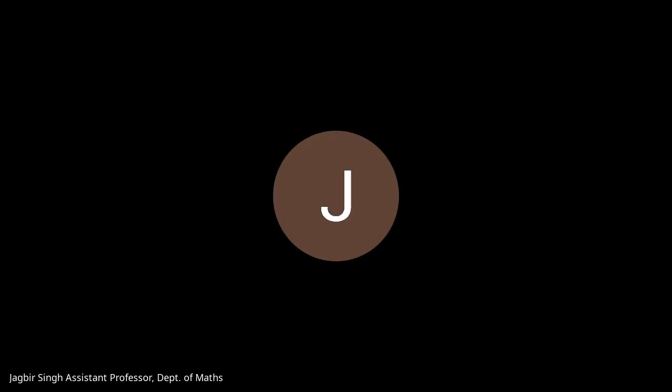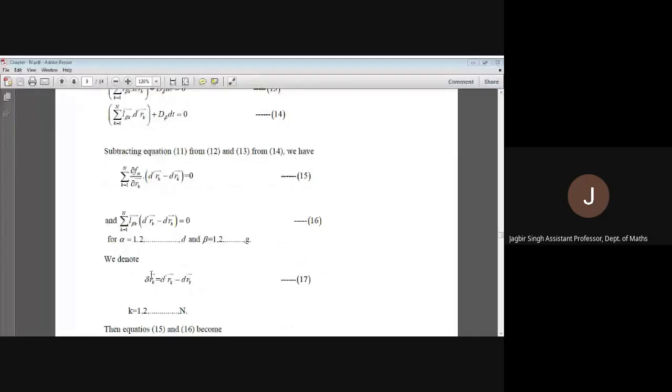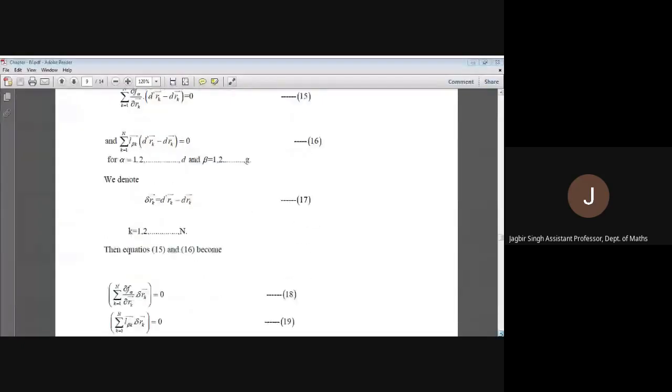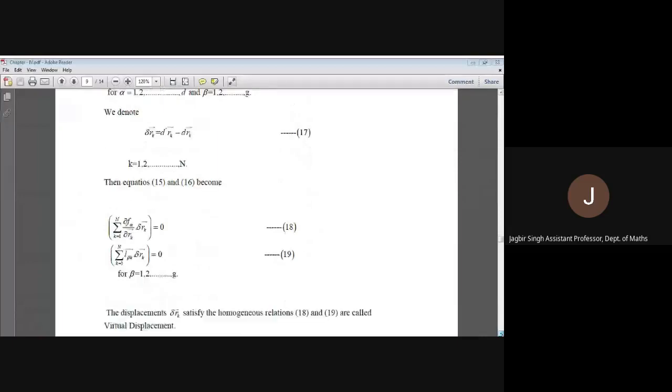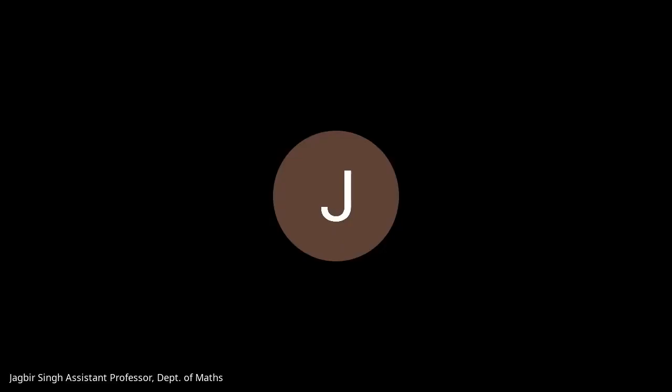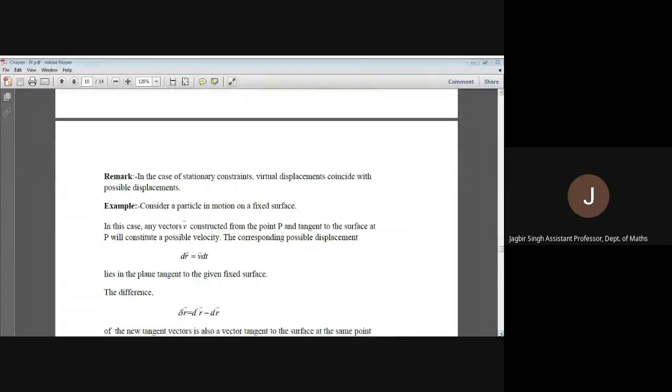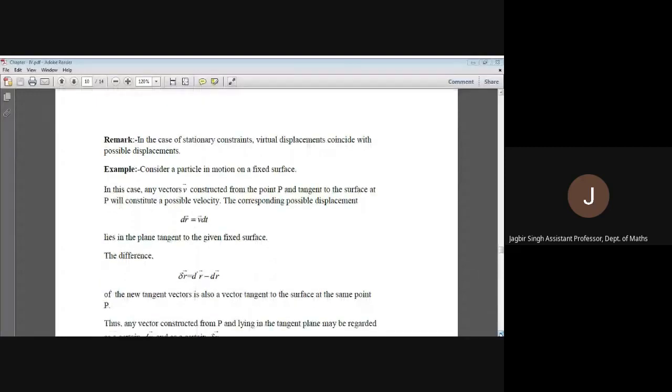Represented by del rk, and now equation number 15 and 16 becomes 18 and 19. Summation k from 1 to capital N curly f alpha by the equation number 18 and 19. Okay, next stage, possible acceleration. There is an example discussed that some particle is moving on the surface, but the terms are